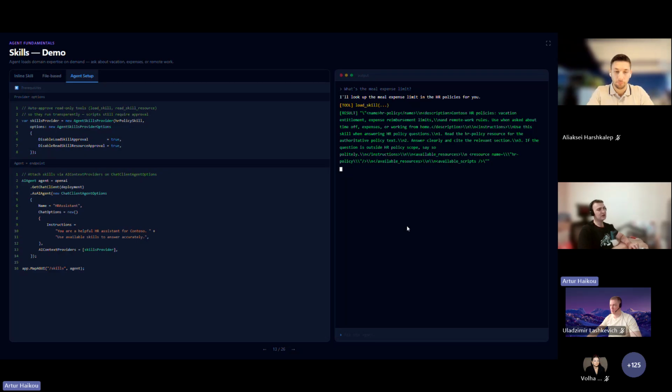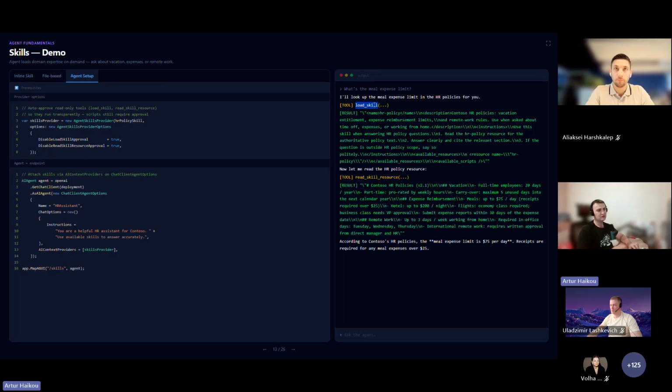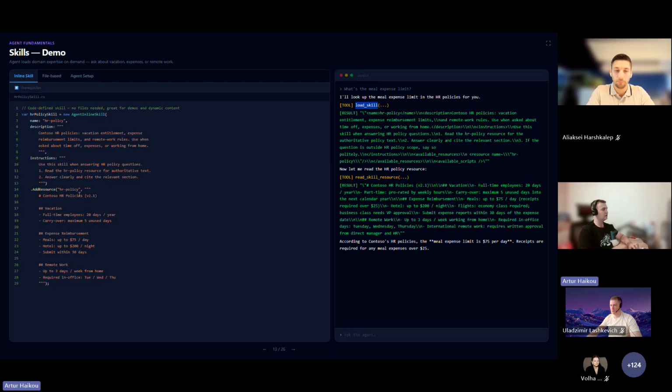We can see that the agent first loads the skill related to HR functionality, but since the skill contains instructions that the agent needs to read the HR policy resource, the agent reads this resource, enhancing our context with additional information.